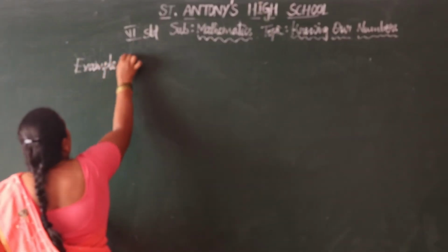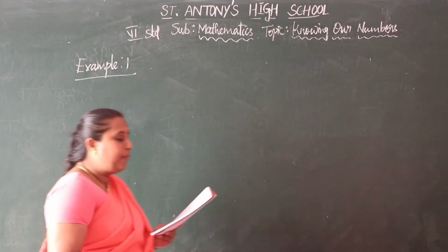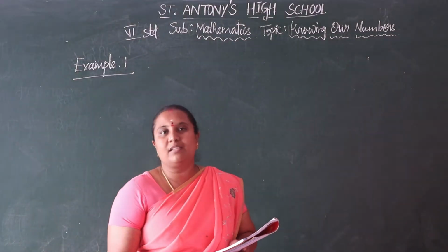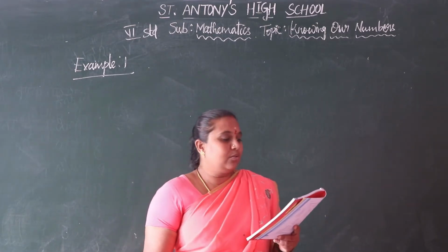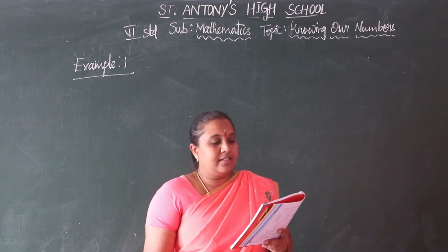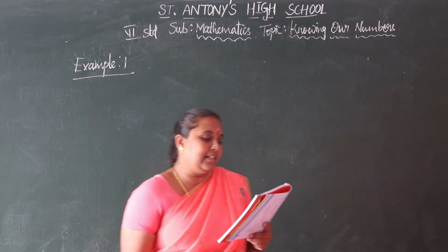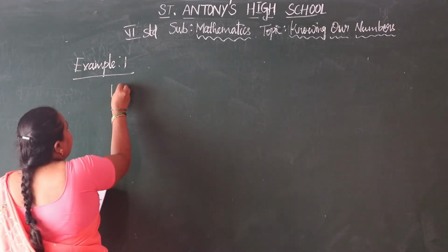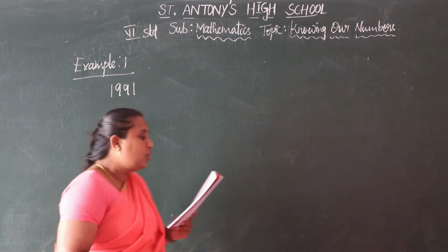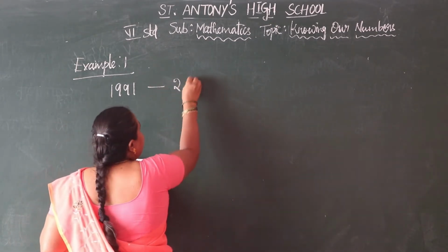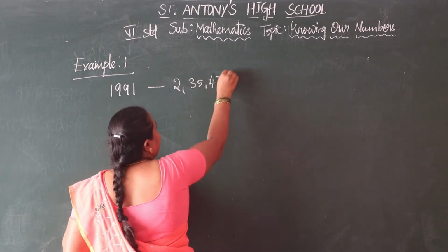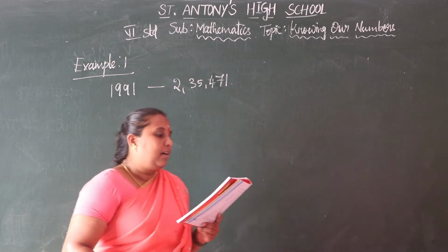Based on that, population of Sundarnagar. Keep your textbooks near you while seeing this video. The population of Sundarnagar was 2,35,471 in the year 1991. See, in the year 1991, the population in Sundarnagar was 2,35,471. Then in the year